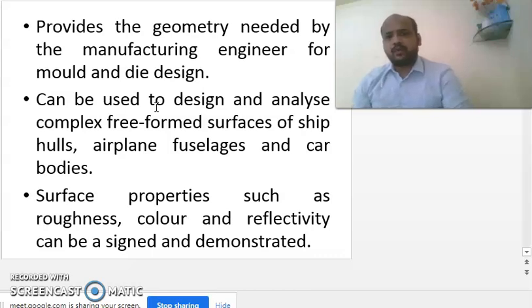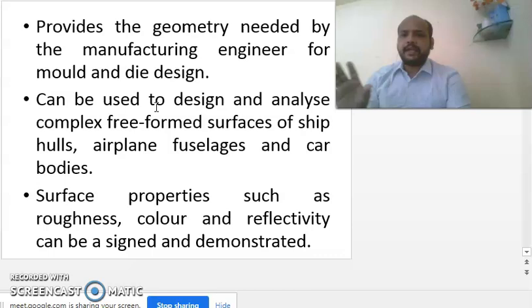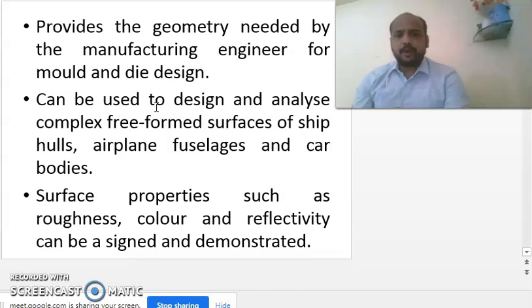Then it can be used to design and analyze complex free-formed surfaces of ship hulls, aeroplanes, and car bodies. So complicated curves can be easily obtained in surface modeling. So this lacuna is removed and improved in surface modeling. Then surface properties such as roughness, color and reflectivity can be assigned and demonstrated.